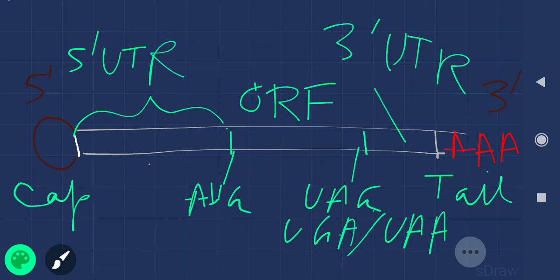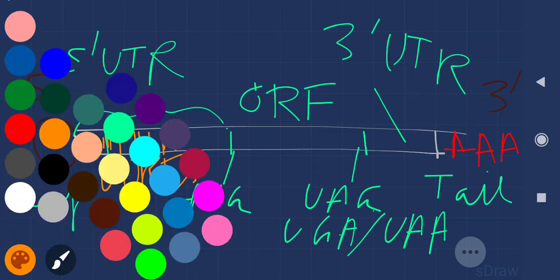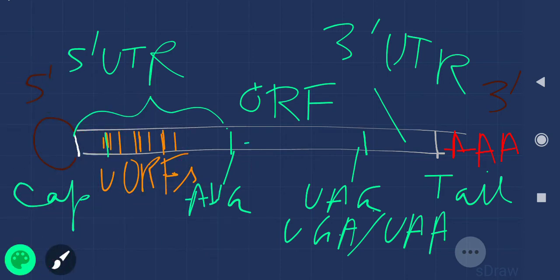UTR. Now within this 5' UTR there are specific regions called UORFs. Okay, so within this 5' UTR there are specific regions called UORF.